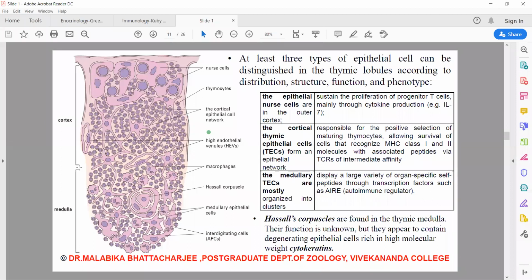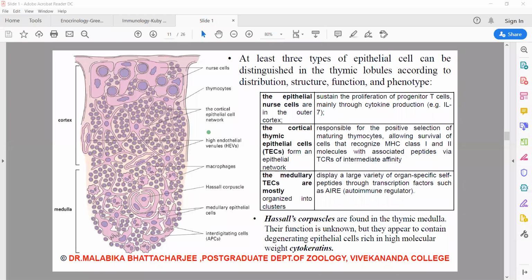The CD44 positive cell migrates from here to this region where the nurse cells are present. In the presence of the nurse cells, which now actively secrete interleukin-7, the CD44 receptors are down-regulated and the T lymphocyte lineage commitment starts. So as I said, in presence of the IL-7 produced from the nurse cells, the CD44 cells are down-regulated.